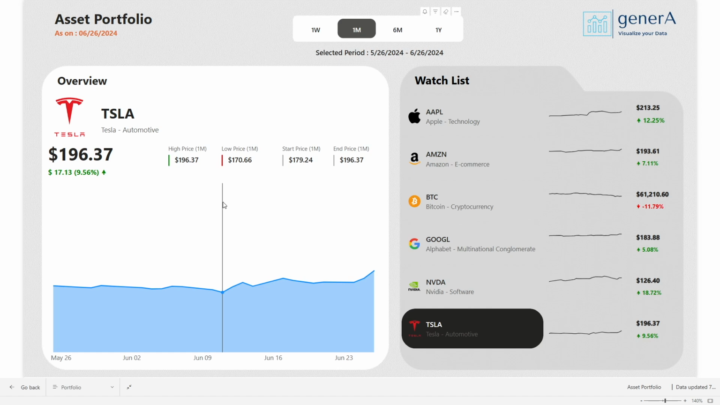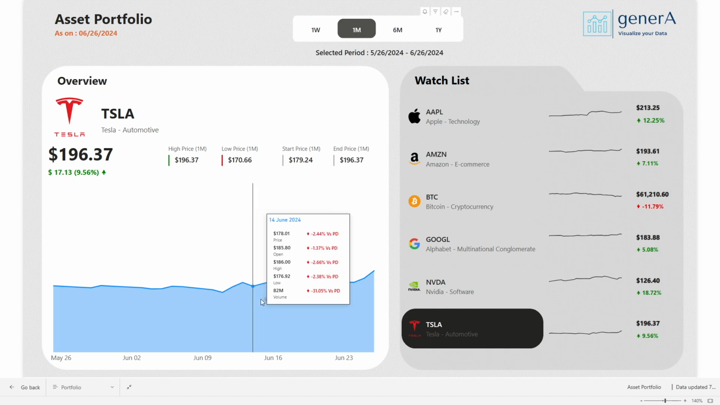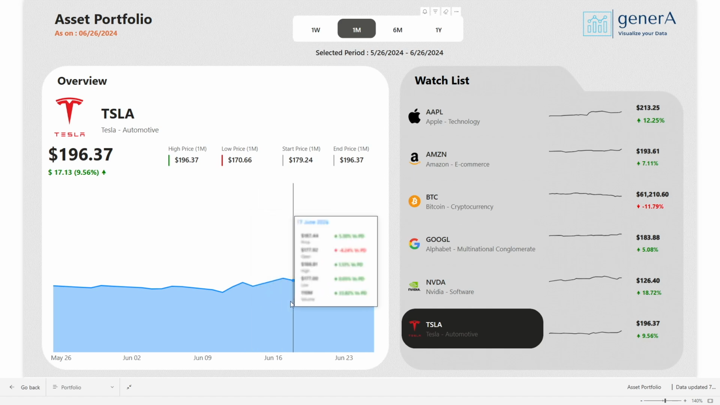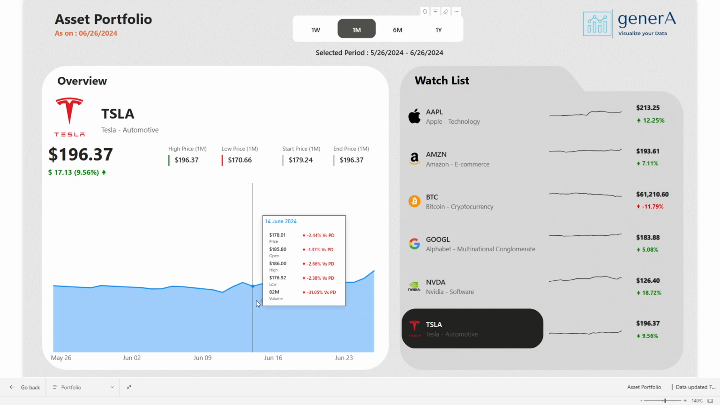Simple, right? Then there is a line chart. On hovering, we can see the beautiful tooltip which shows the various attributes along with the variation with respect to the previous day. How cool is that? So now let's dig into the Power BI application to build this super cool, super awesome